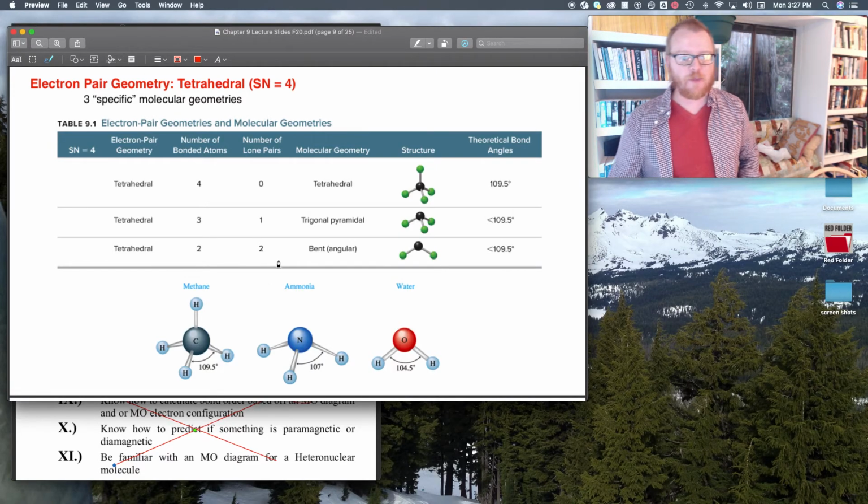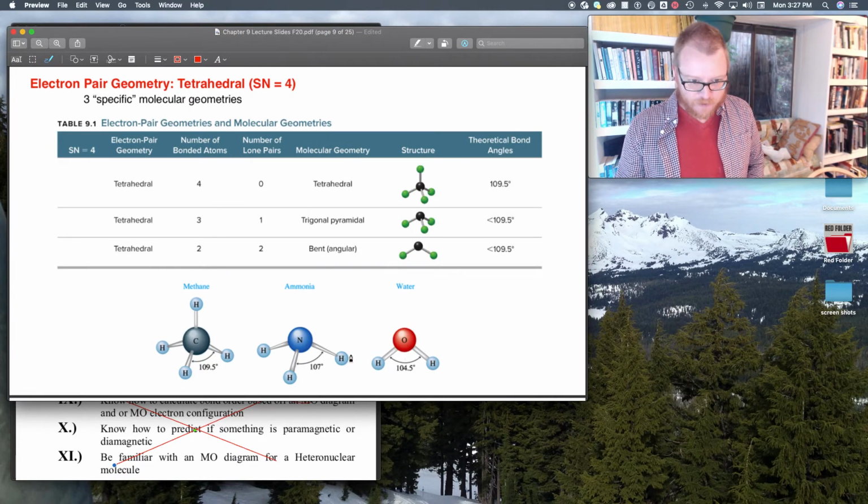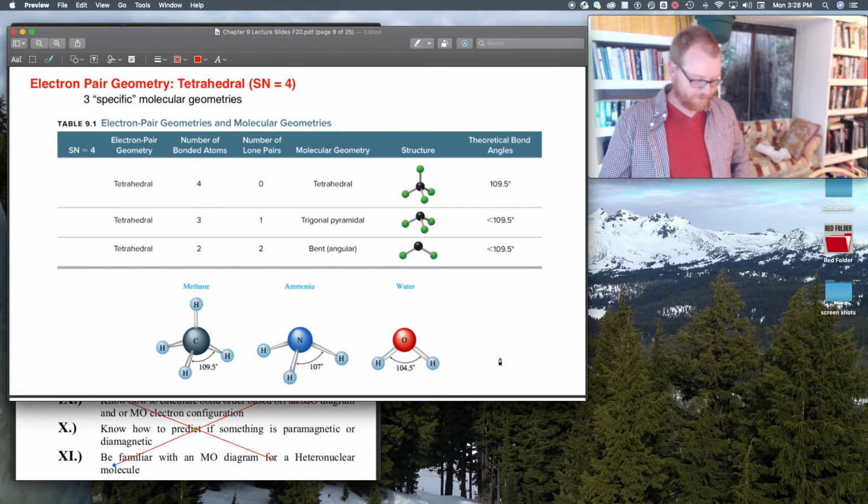So as you can see now, the bond angle decreases as we have fewer atoms, okay? So just recognize that the trend of these bond angles goes as is given in this picture. All right. Okay, so I'm going to go through these other